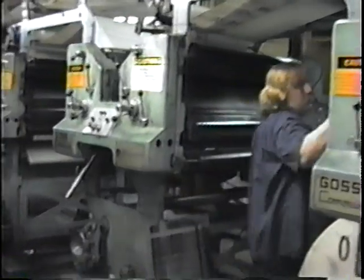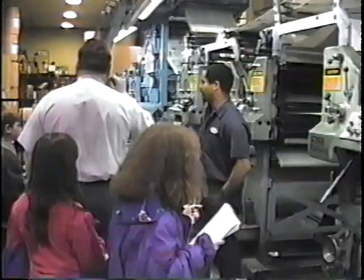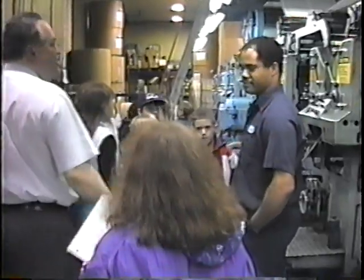How many copies can you print in a press run? Well, it's 310 a minute or 18,600 an hour. And how long do they ask you for when